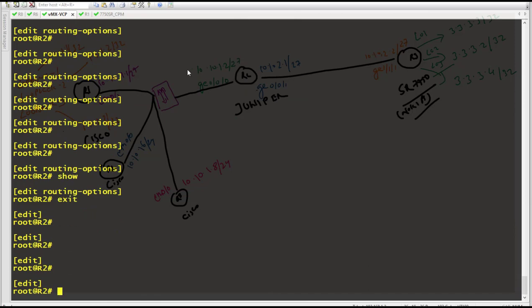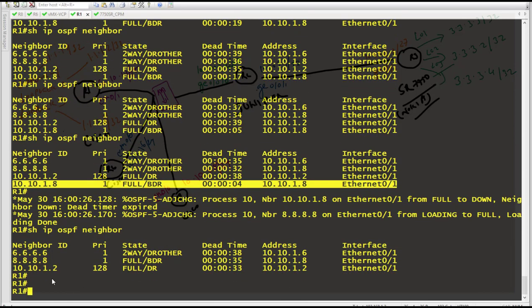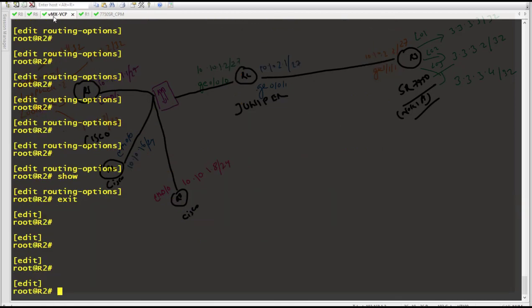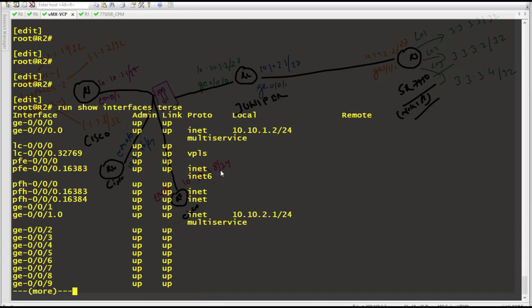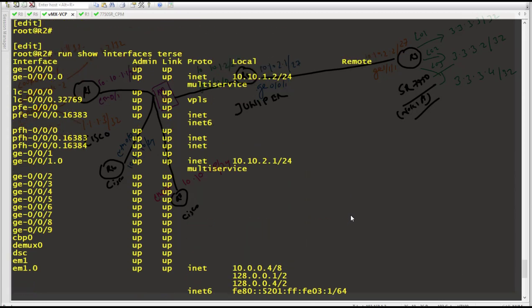In Juniper, what happened is, if you check on R1, what is the router ID for Juniper? 10.1.2. Now go on Juniper and run show interface terse. Just now I said that if loopback is not configured, the highest physical IP will be your router ID. So in this case, you could say that this should be the router ID for R2, but